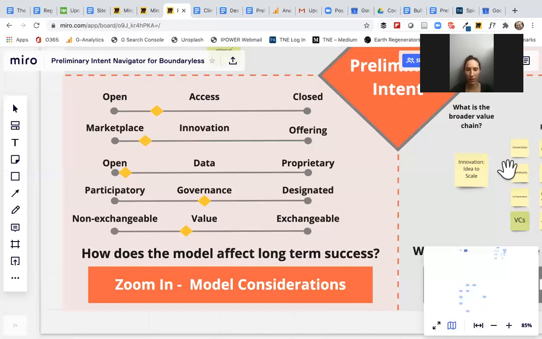And then governance is about how you as an organization make decisions. This is definitely an emerging area with decentralized autonomous organizations and blockchain. It is being explored in a radically more participatory way than our traditional organizations. So on the far left, that's participatory, where everybody has a say in decisions. And towards the right, it's designated, where you have leaders who are making all the decisions.